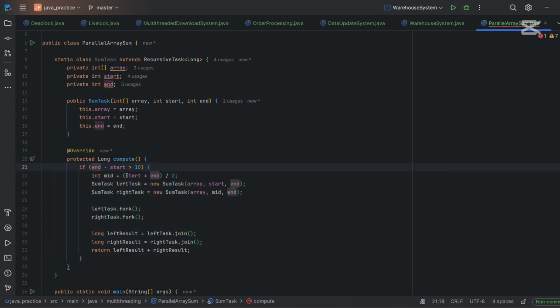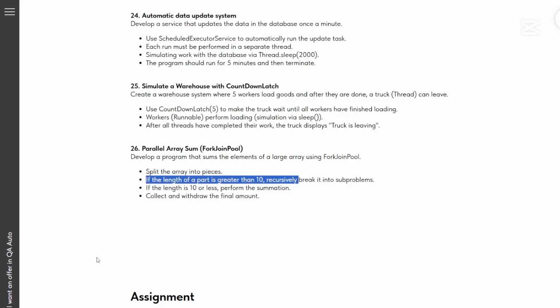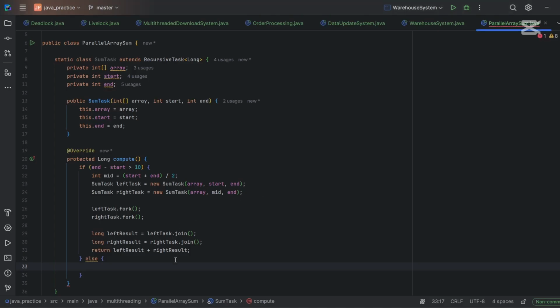Alright, this is in case the length of the array is greater than 10. If it's not greater than 10, then we need to get the summation. So if the length is less than 10, we need to sum all the elements from the array. So we go and